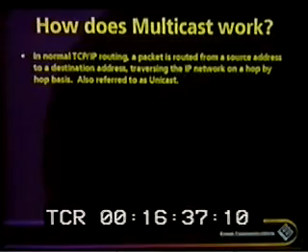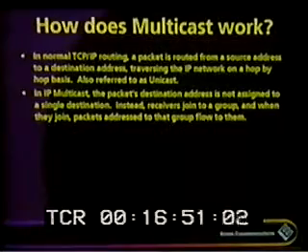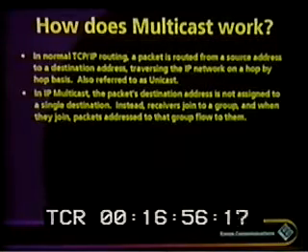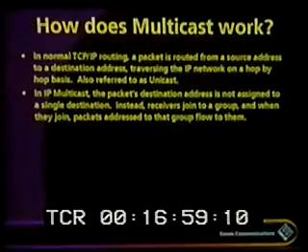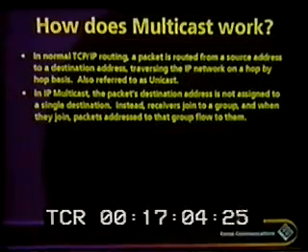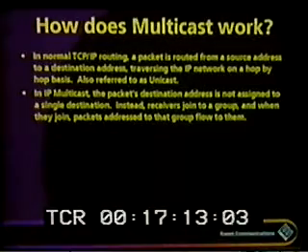With multicast, under normal TCP/IP routing, a packet is routed from a specific source address to a destination address. This is often referred to as a unicast way of delivering, so it goes hop-by-hop across the network. With IP multicast, the destination address is not assigned to a single destination. It's assigned to a group, and receivers sign up to that group. I'm keeping this at a 50,000-foot level. I don't want to dive into the details, but I want to make sure the concept gets across and how